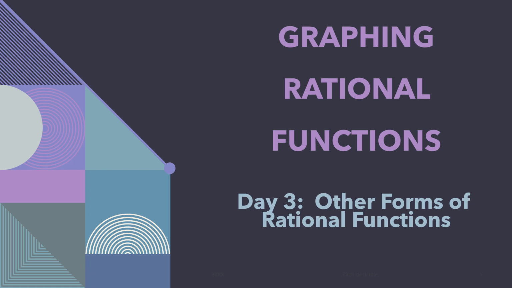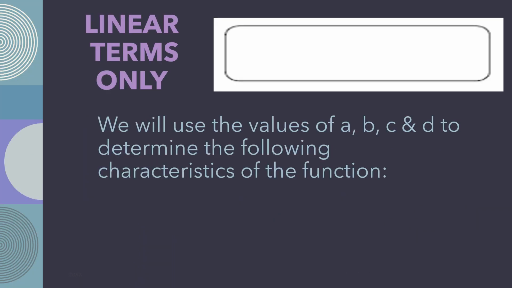In this particular lesson of graphing rational functions, we're going to be looking at other forms of rational functions. In the first two lessons, we looked at transformational form. It was very easy to determine the vertical asymptote, horizontal asymptote, and all the characteristics, as well as graph the function. In these examples, we are going to be looking at functions that have linear terms